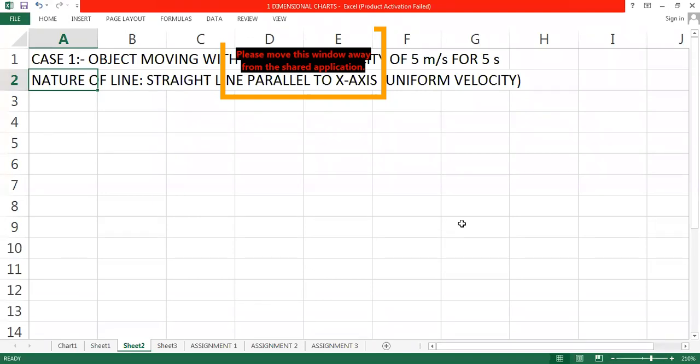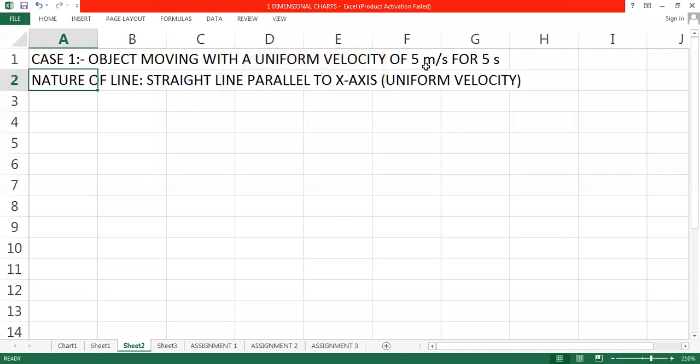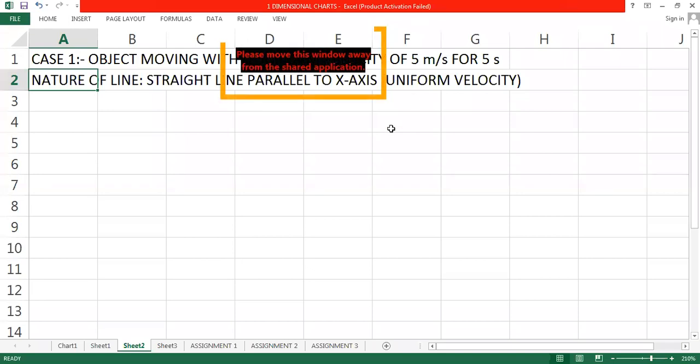No, beta, Mohnish, if the object is moving with a velocity of 5 meter per second for 5 seconds, how much will be the distance covered by that object? So he will cover, in 1 second he is covering 5 meters. So in 5 seconds he will cover 25 meters. Yes or no? Priyanka, please be very careful before typing, Baba.